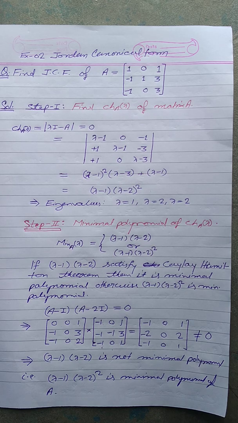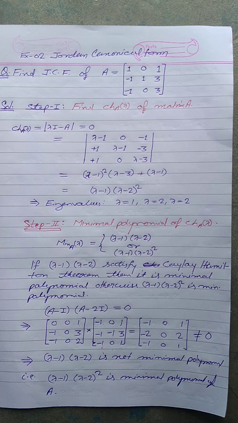Okay, in our previous lecture we learned that the geometric multiplicity of an eigenvalue tells us the number of blocks with respect to the eigenvalue, and the minimal polynomial tells us about the order of the Jordan block with respect to the particular eigenvalue. So the important point of this lecture is the process for finding the Jordan canonical form.